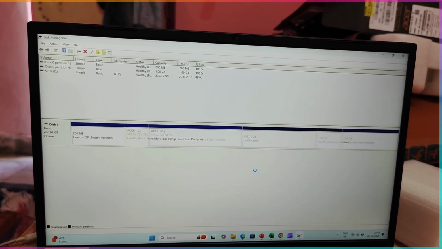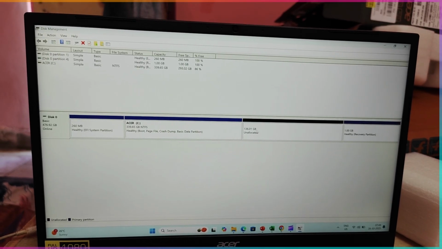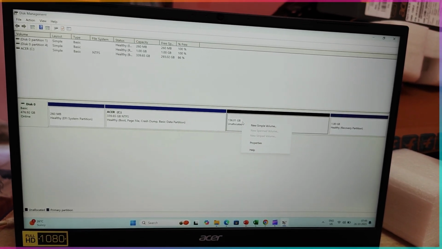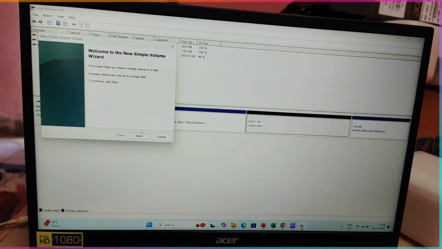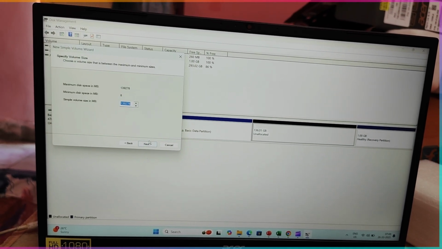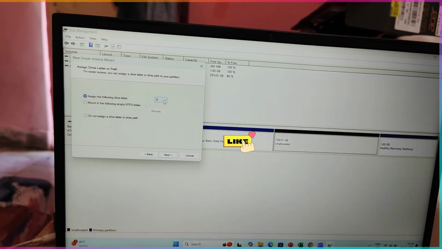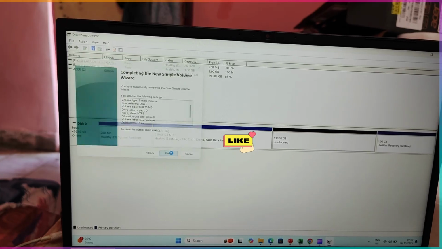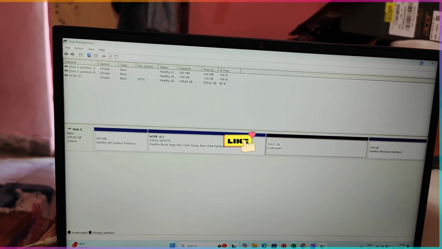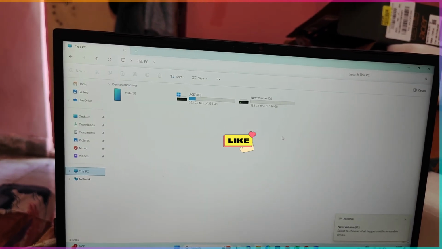Okay, see, 136 GB I partitioned. I'll right click on this and click on New Simple Volume, then click on Next, and click on Next again, and I'll name this as D drive, click on Next and click on Finish. So I'll just close this and see here,